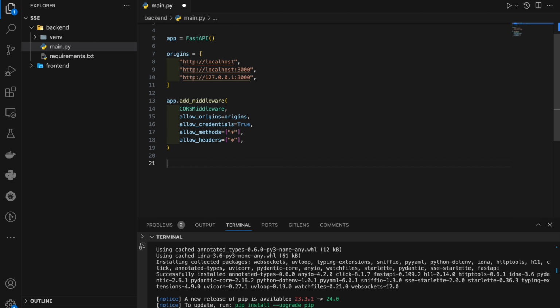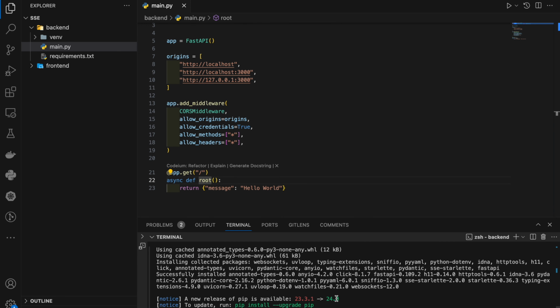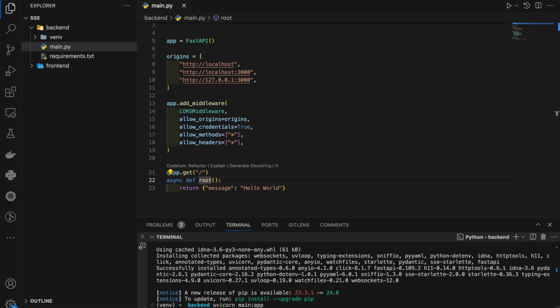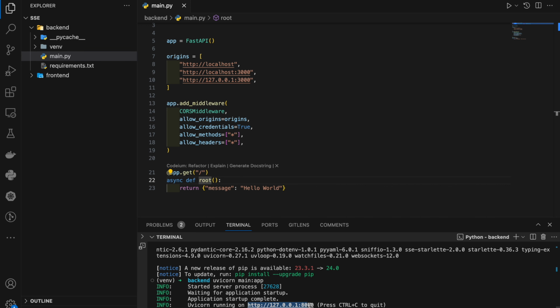Let me create a root URL, and I will say app.get, and this is our root URL. So let's check if this application is running. For that we can say uvicorn main:app. So this application is running now,